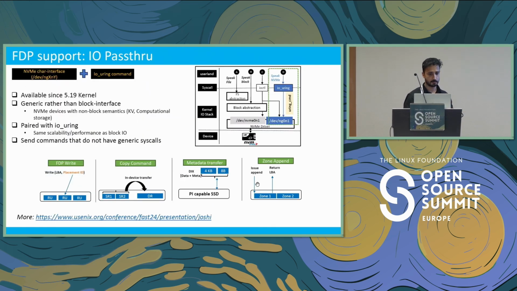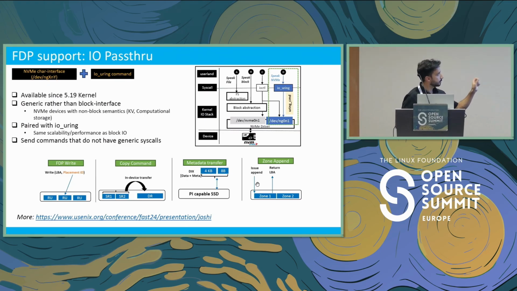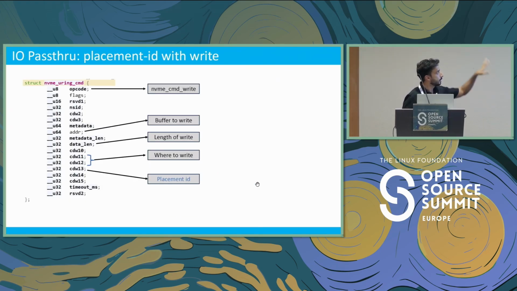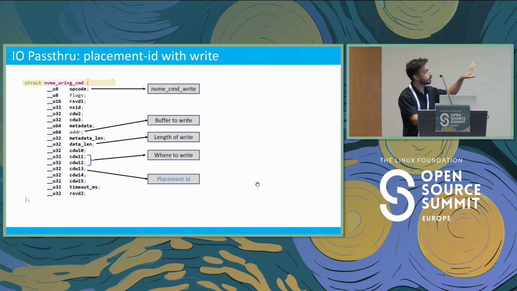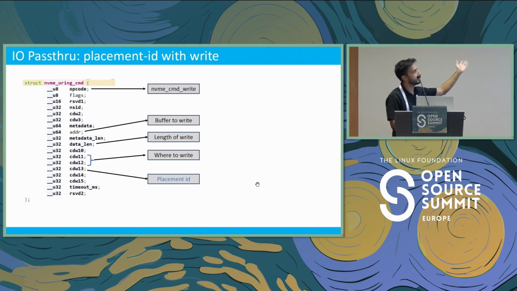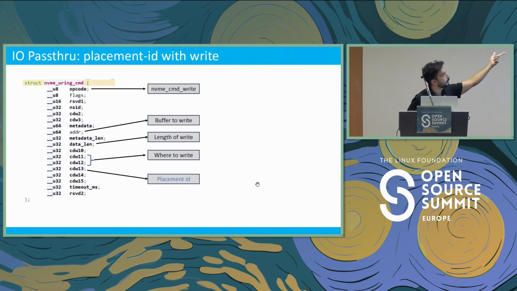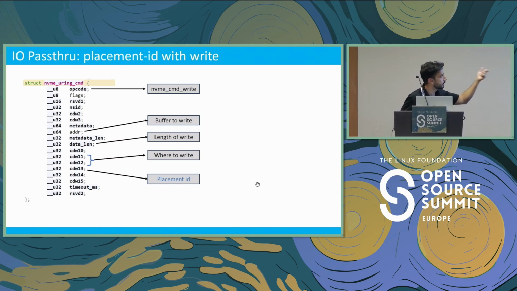But coming back to the placement, if we double click on it, it basically looks like this. This is the command that a user space application can send using io_uring. Everything looks very similar to how you send a write command. You will tell that the opcode is a write opcode, because you could send read as well, and you would specify a buffer to write. You will say this is the buffer length, and then you will tell where exactly you want to write it. So this is going to be telling the location on the disk,